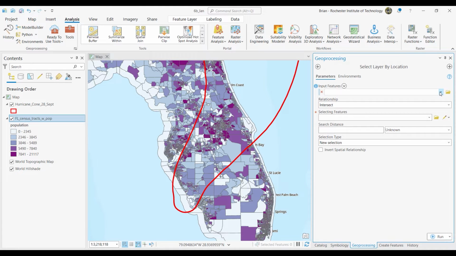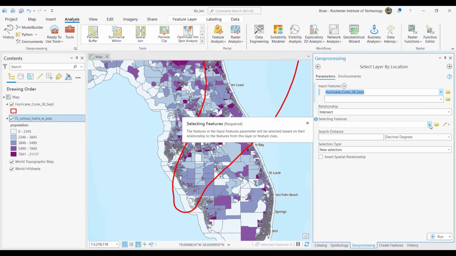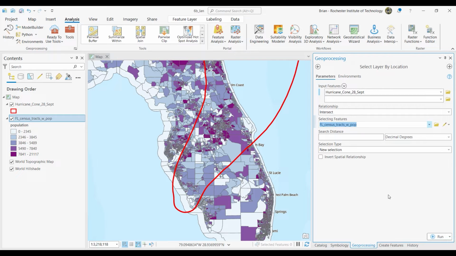So the input feature is going to be the hurricane cone. And we want to say, give me all of, with the hurricane intersecting, I want to select from the census tracts. And that's all I need to do there, just those two. So I'm telling it, give me all of the census tracts that intersect with the hurricane cone in this dialog. These other things are just optional parameters. So when I hit run,